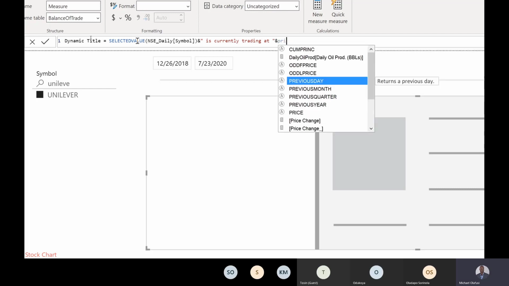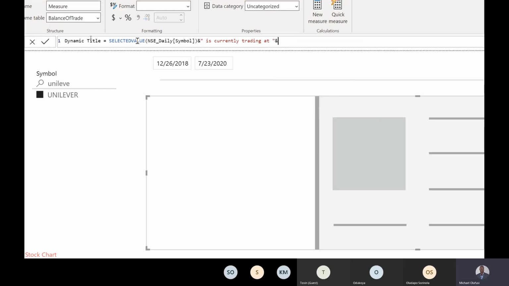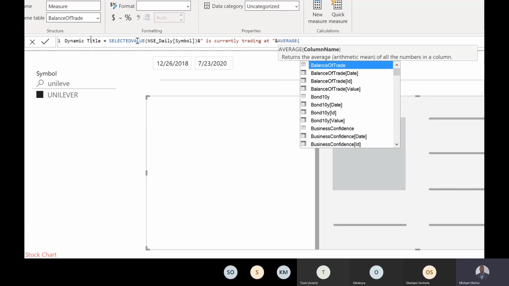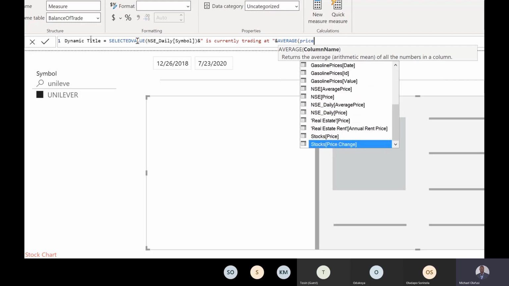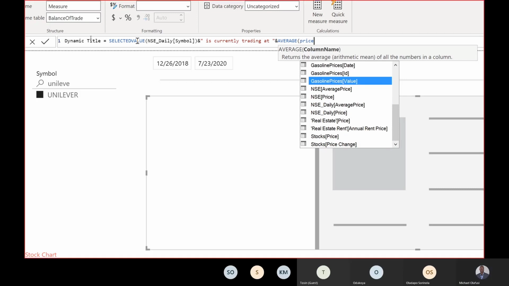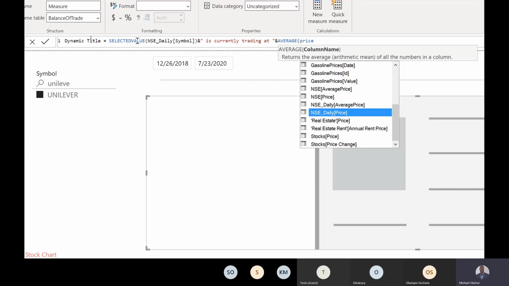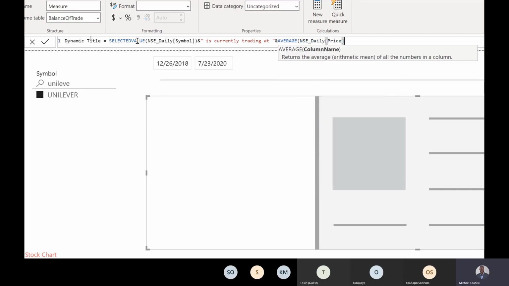In fact, I say average price so that I can pick the price I need. NSC daily price. Okay, and I can add more things and say, it's currently trading at and has a